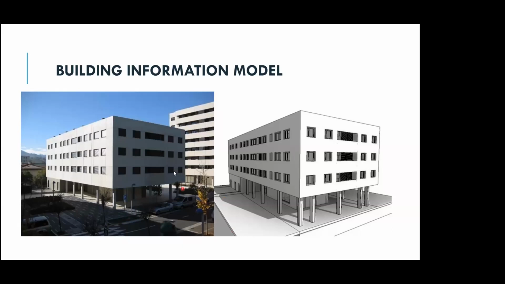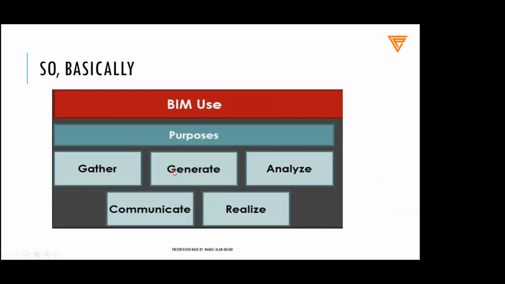So basically what we do in BIM, so BIM usage is there. Firstly, we gather information from different stakeholders: the architect, structural engineer, mechanical engineer, and the firefighting people, plumbing people, piping people. We gather the basic information from them, and after getting that information we generate a BIM model, that is the building information model. After developing the BIM model, we analyze whether whatever we have created in a virtual environment is going to be feasible, is actually possible, and will not create any conflict on the real site.